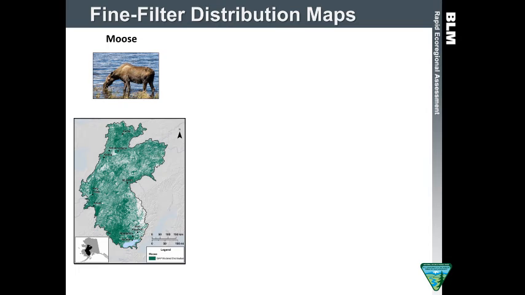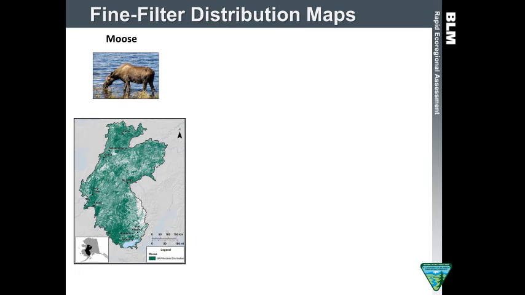So the first thing that we did for all the fine filter, or for the wildlife species, was to develop distribution maps, and we did these at various levels of complexity. The first map, and I can use the pointer, which is great. This is the distribution map for moose in the region. This was taken from the Alaska Gap Analysis models, and it was just cookie cut to the YKL REA boundary. So this is the overall distribution of moose within the REA during summer season.